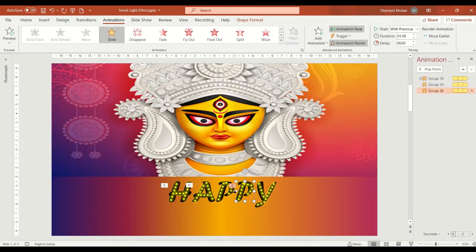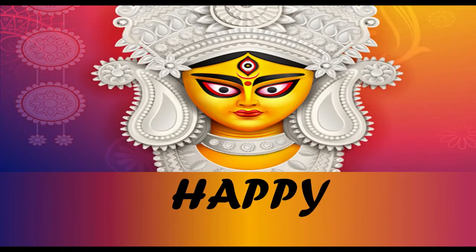So we are just copying the effects. So let's run this. So we have created the glowing effect, serial light effect like this, but it is glowing all at a time. We need to have each letter glowing one by one.